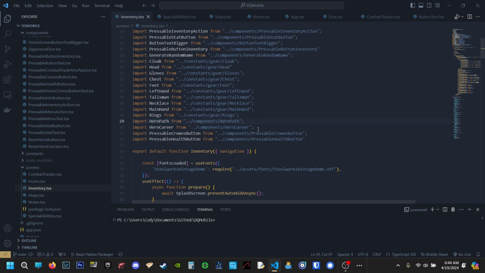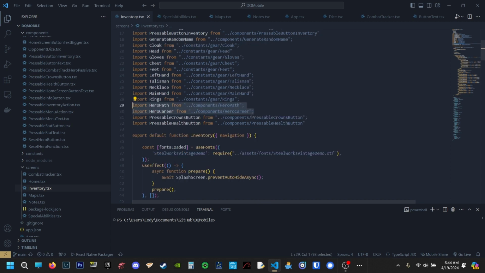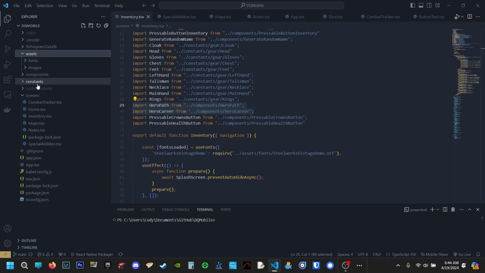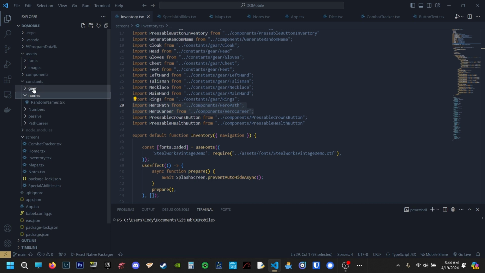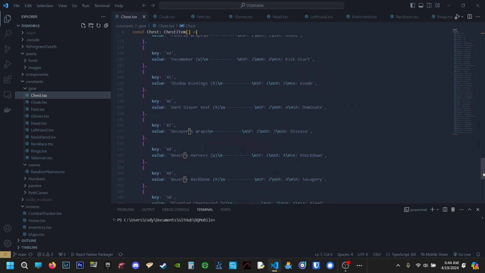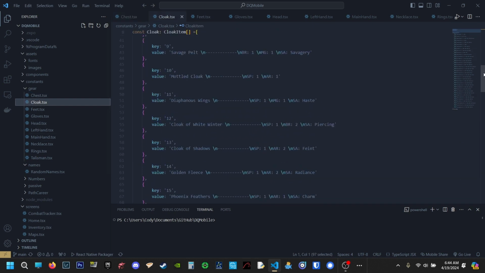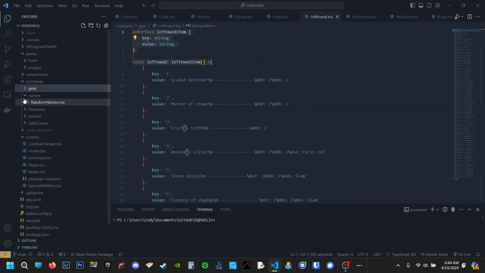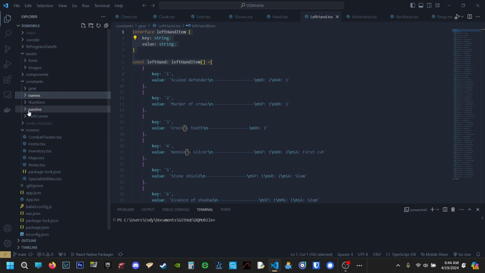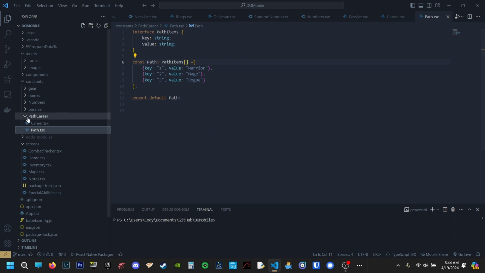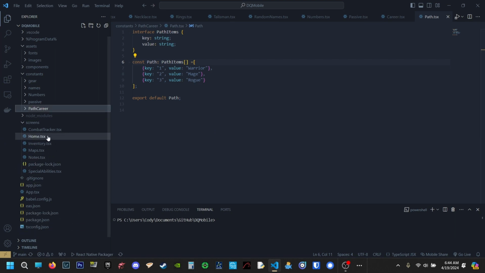Those are all in the app too, and they pull all information from these constants. So, for instance, all your chest pieces are right here. All the items in the game are here. Cloak, chest, talisman, all this stuff, all the different items. And then also the same with careers and paths, are all right here too. So going back to inventory,